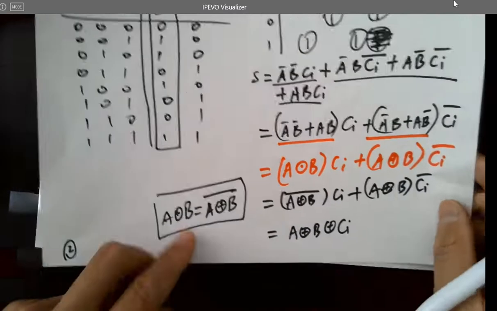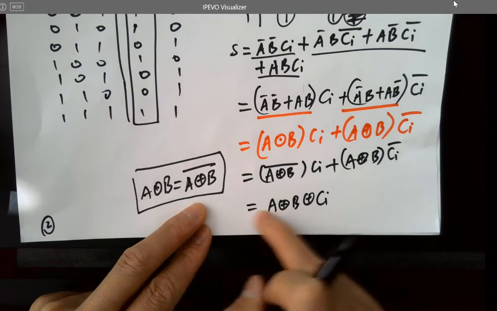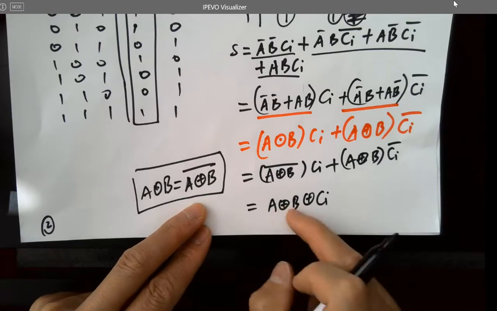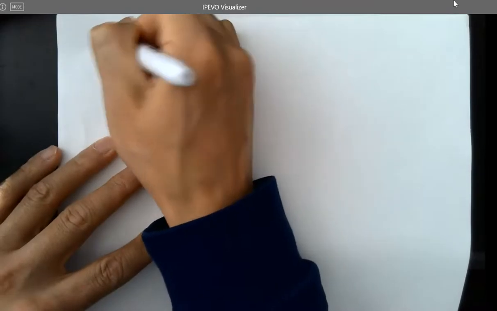So what about carry out? When you are doing your homework for the tutorial, you just do XOR logic, or they just code it up in Verilog. What about the carry out CO? Still,